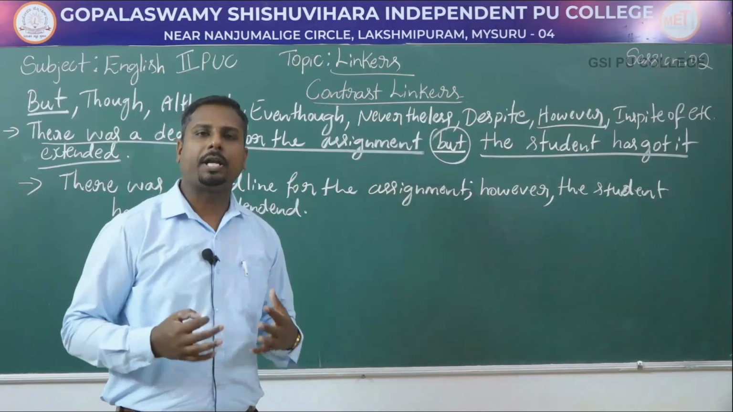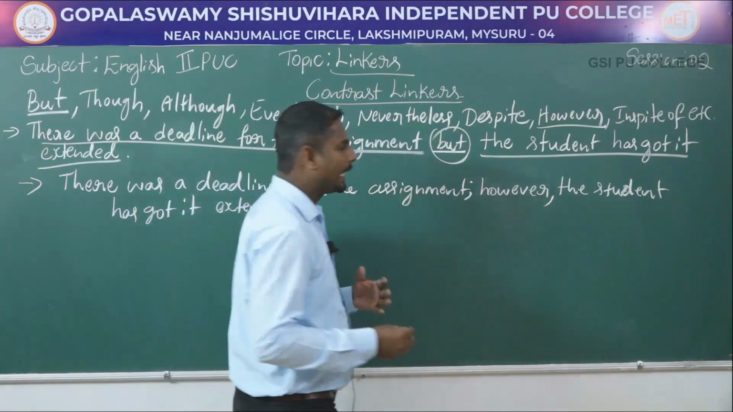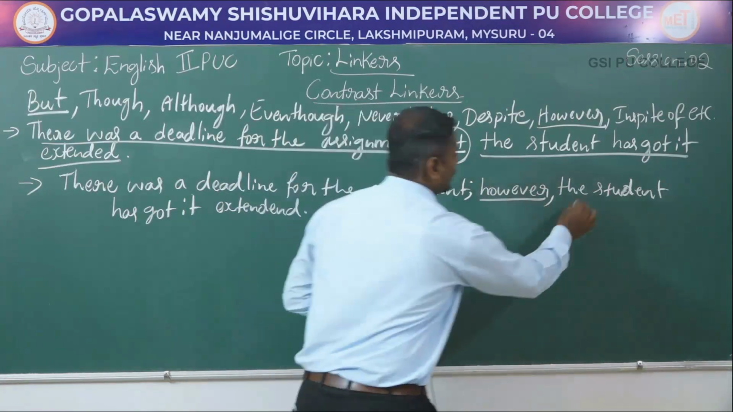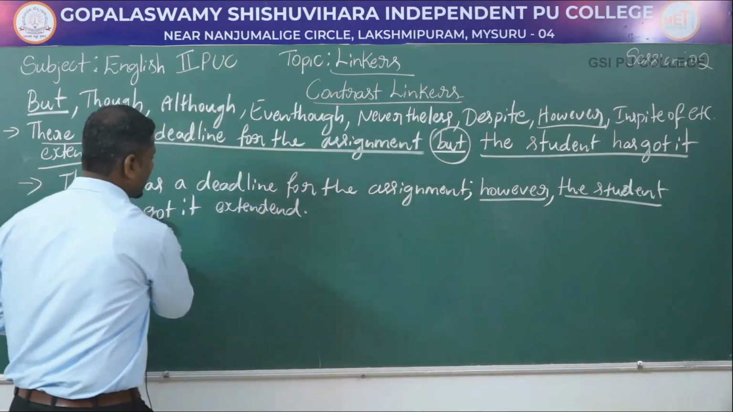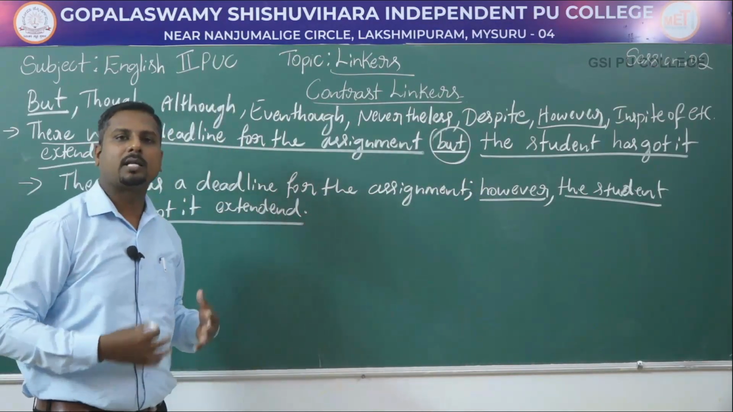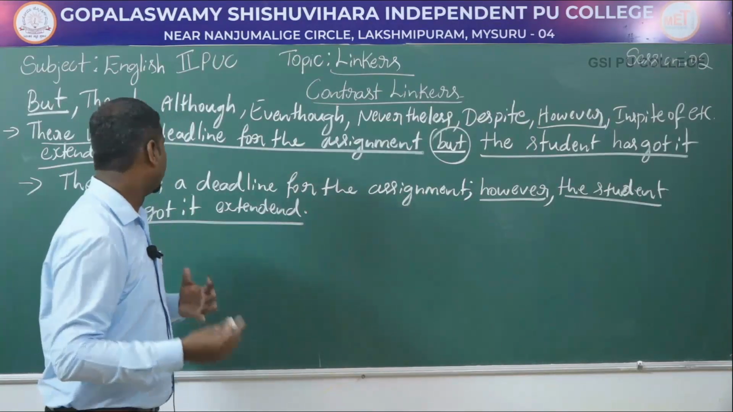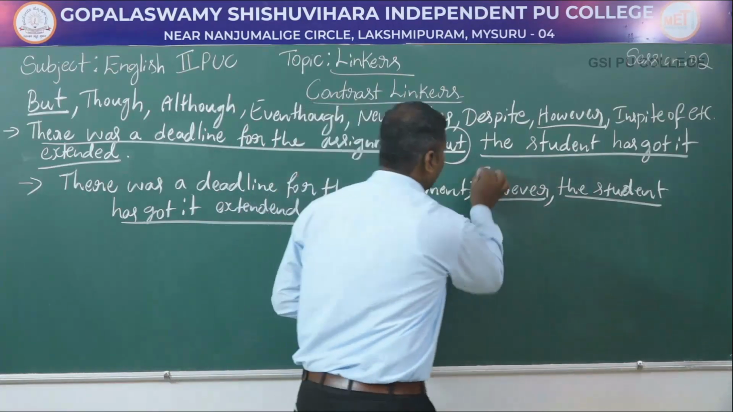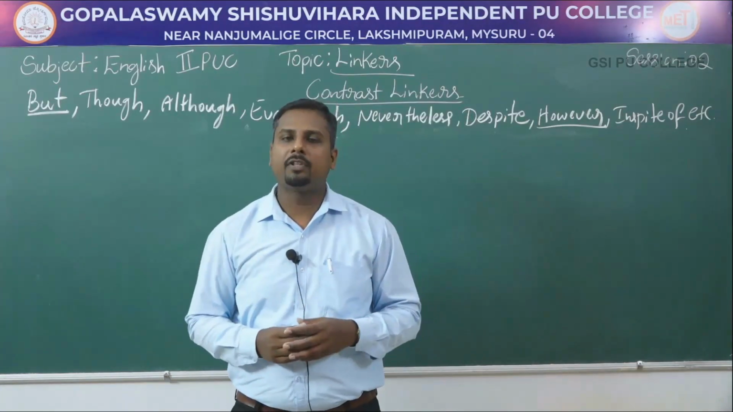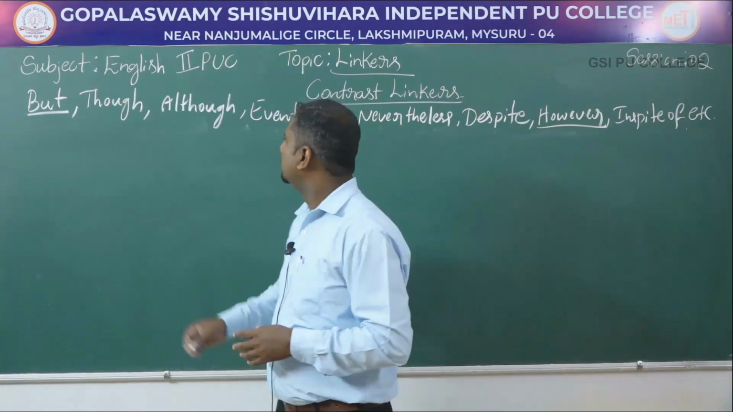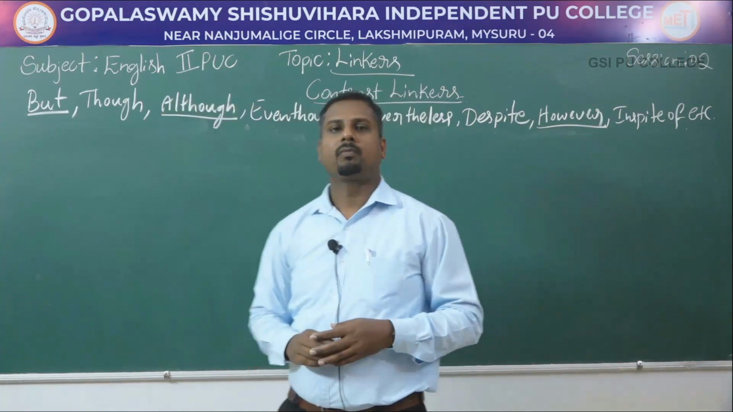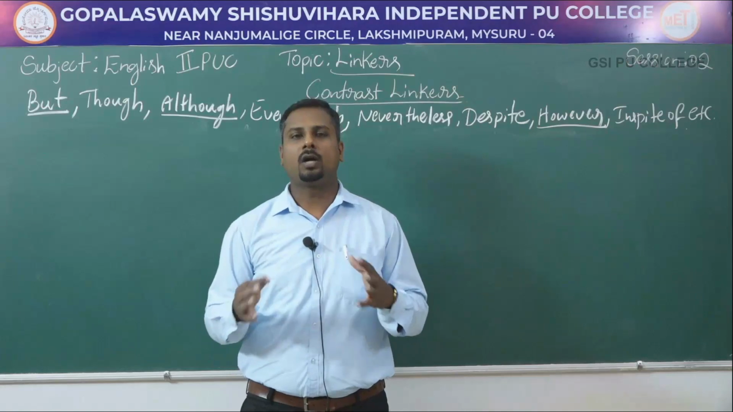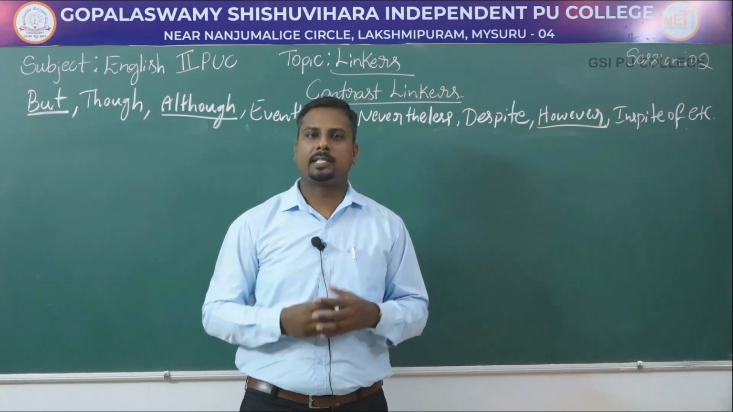Well, in this sentence, as I already told you, the linking word however is introducing a clause here, that is, the student has got it extended, to contrast what has already been mentioned in this sentence, that is, there was a deadline for the assignment. So the linking word is however. Well, another alternative to the word but is the word although. Notice that it comes at the beginning of a sentence before the first clause and not in the middle of a second clause. For example,